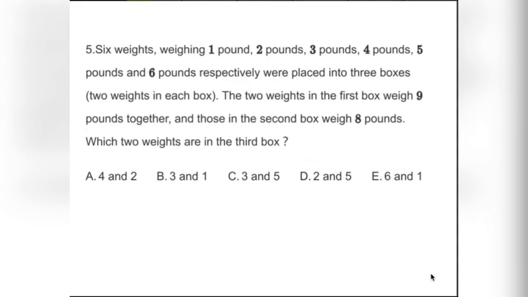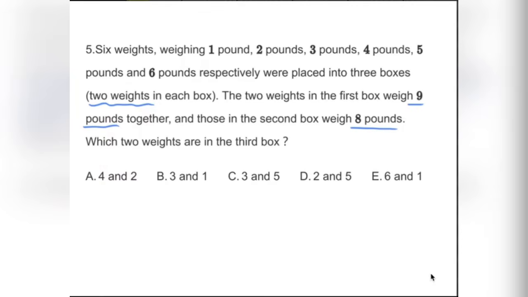Okay, then next one. 6 weights weighing 1 pound, 2 pounds, 3 pounds, 4 pounds, 5 pounds, and 6 pounds respectively were placed into 3 boxes. Well, you can see 2 weights in each box. Well, we know that the 2 weights in the first box weigh 9 pounds altogether, while for the second box, that is 8 pounds together. So what is the total weight